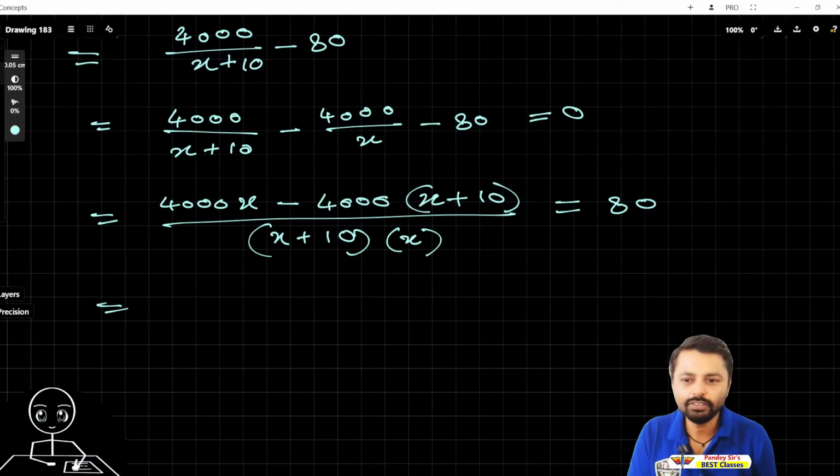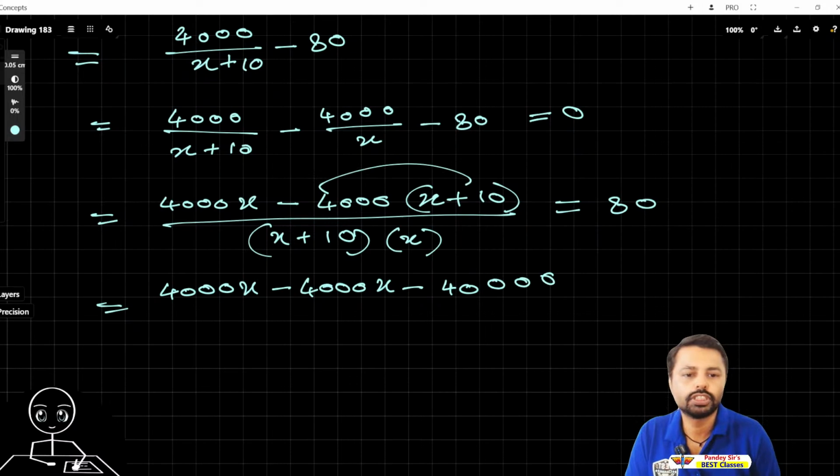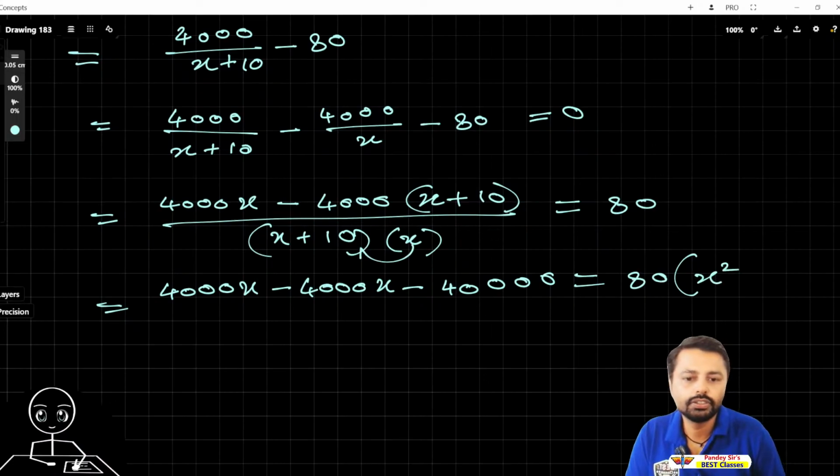Same thing will repeat now. 4000x minus 4000x, this one, minus 40,000 because 4,000 into 10, and then this side x into x, what, x square. So 80 in bracket x square and x into 10, what, plus 10x